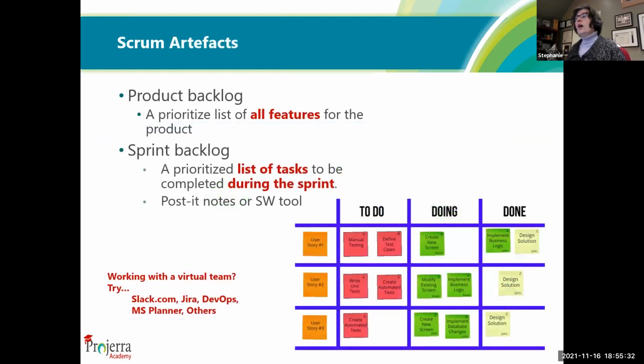They usually work on something called the sprint backlog, which is the list of all the tasks that need to be completed in the sprint. Sometimes they have a sprint board on their wall. Sometimes they use tools like Slack or Jira that'll record this in a more electronic, virtual format. What the team does is they take all the different user stories and they identify all the different tasks that are associated with it, and they put all the tasks in that to-do list.